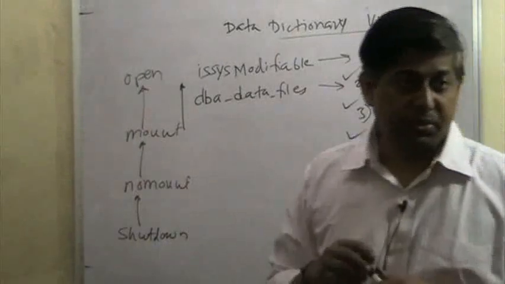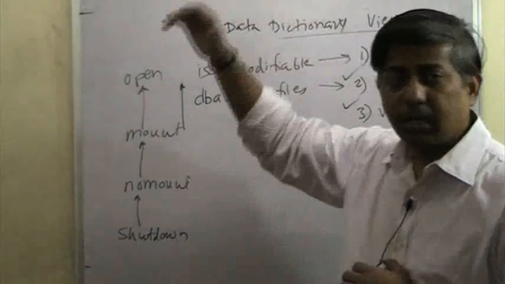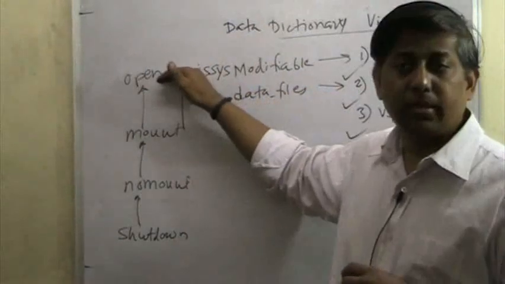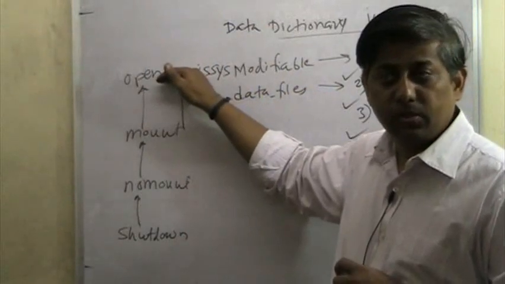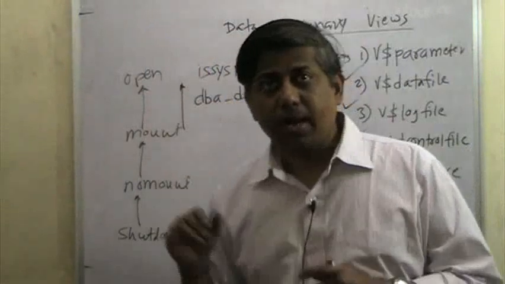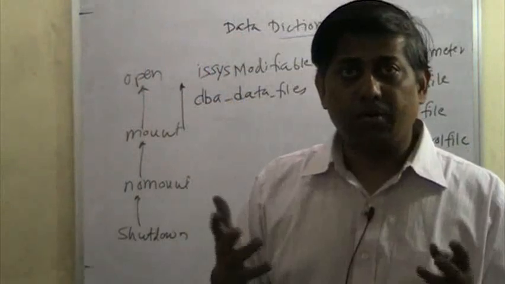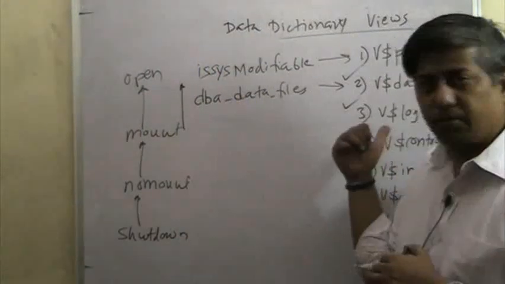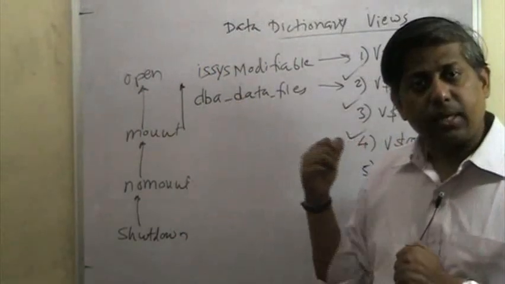This system table space. System table space is just a regular table space, and that table space can be accessed only when the database is open. So if I say that my database is in a certain state, I don't know which state it is in, can you find out? So yes, obviously there is a data dictionary view which will tell us, but I can say, can you select from